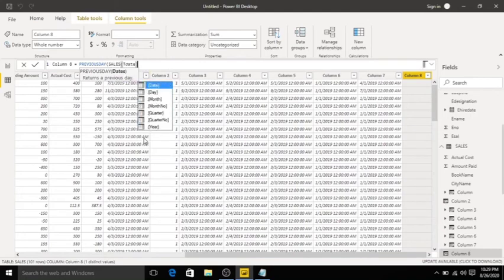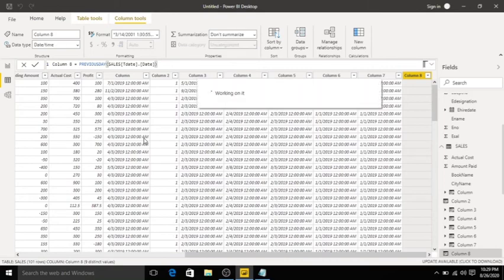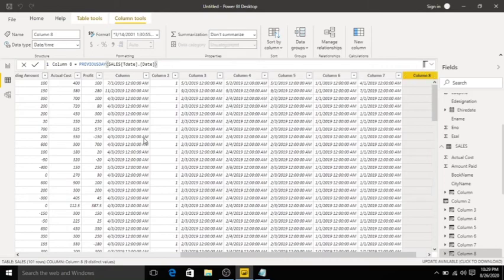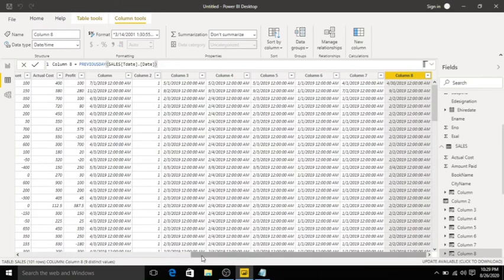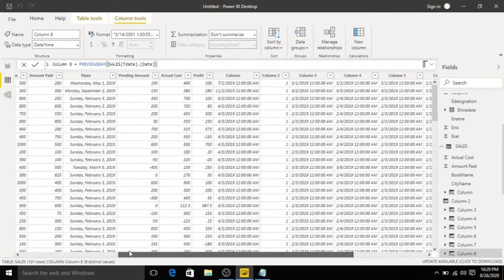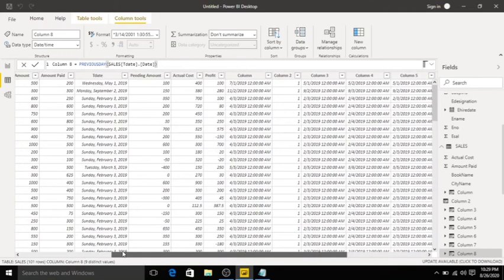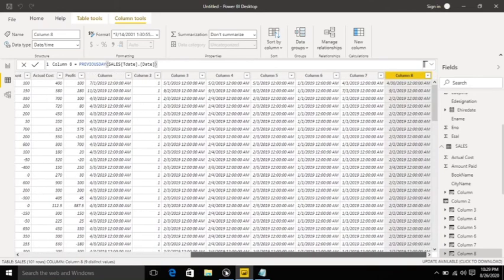Click Tab, click Enter. See, transaction date Wednesday, May 1st, 2019; previous day April 30, 2019, and so on.